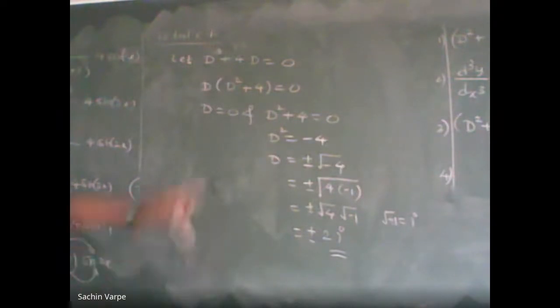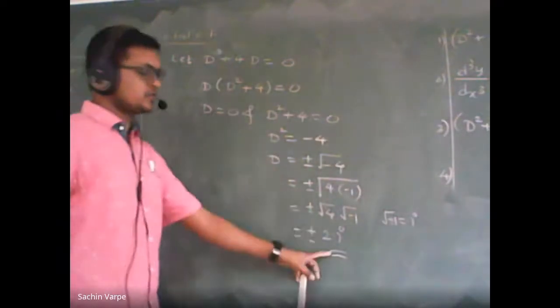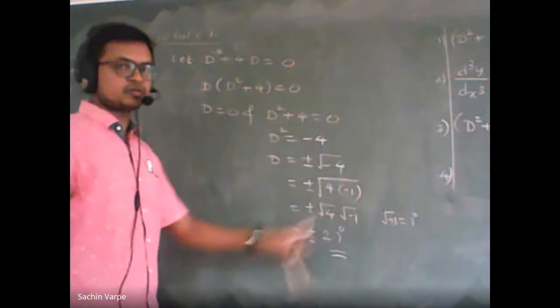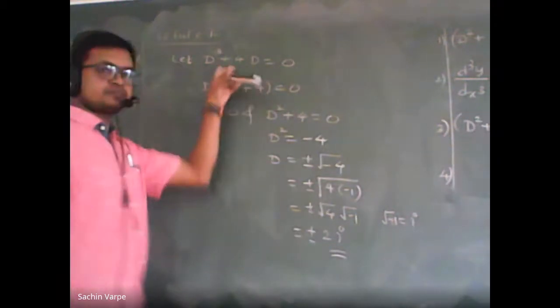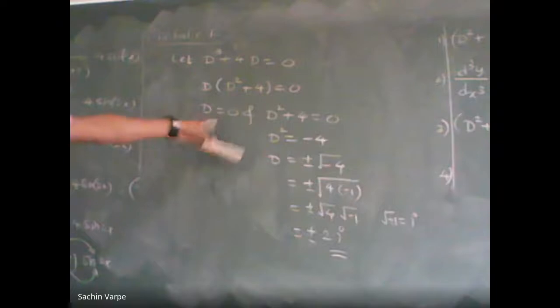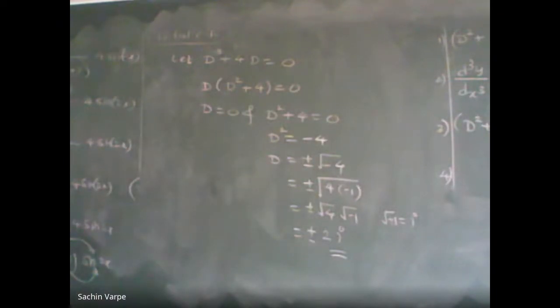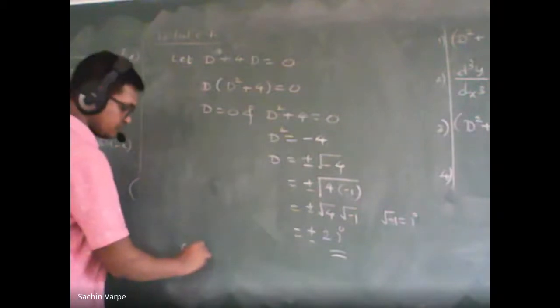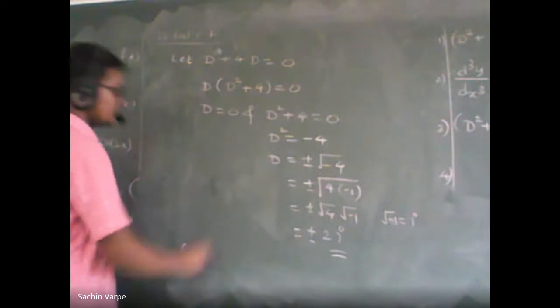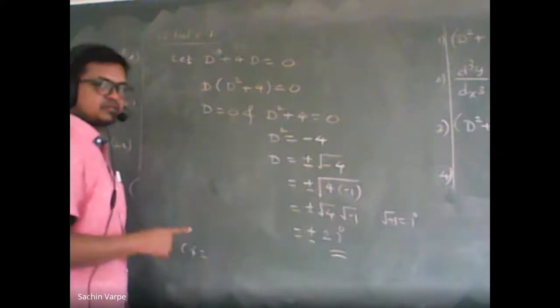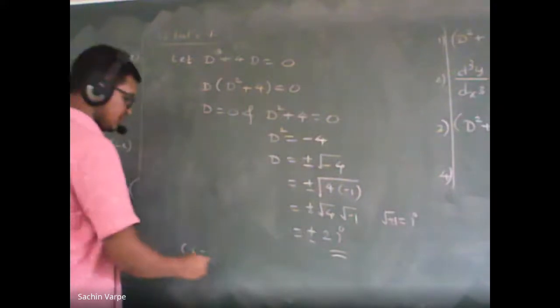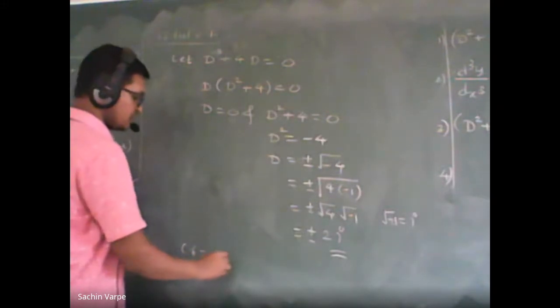And therefore 0 plus minus 2i are the 3 roots of this equation. So one root is real and the remaining 2 roots are complex. So with these roots, I can write the complementary function as CF is equal to, I'm writing for real first. It is not necessary again, but I'm writing. That is C1 e to the power 0x.